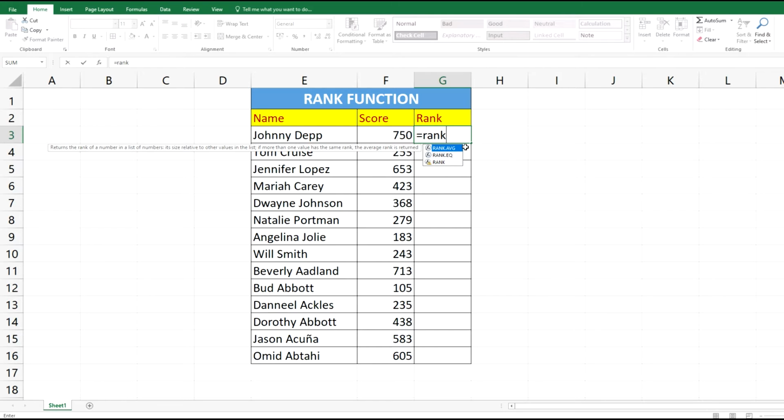So here you can see you are getting three options, but for now we will select only the rank formula, the third one. We will double click on it and the bracket is open now, and you can see there are three options. The first is number, then the reference, then the order. So first we will select the number